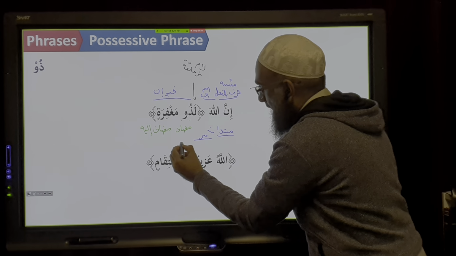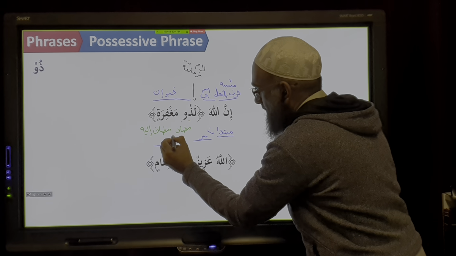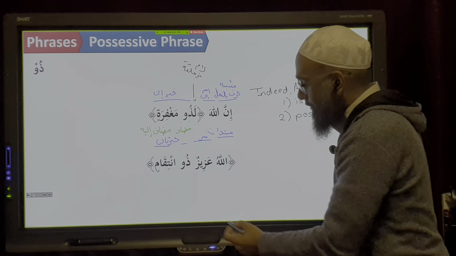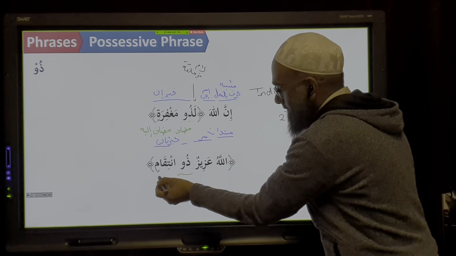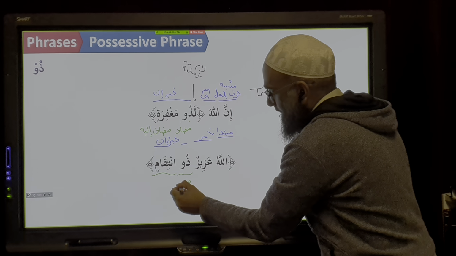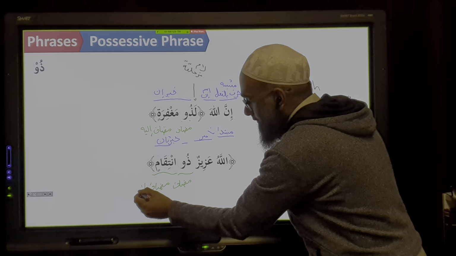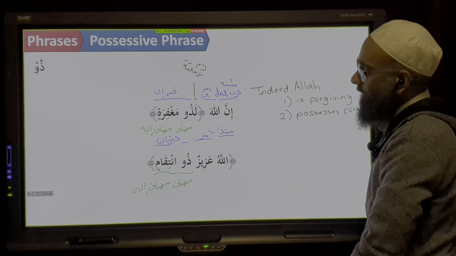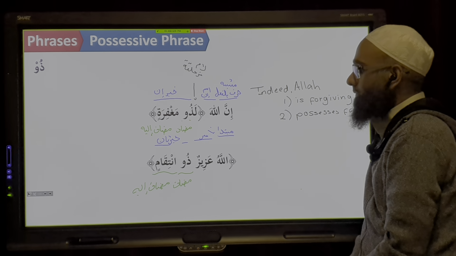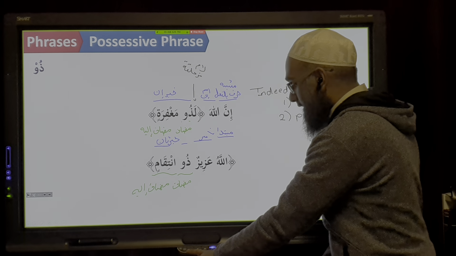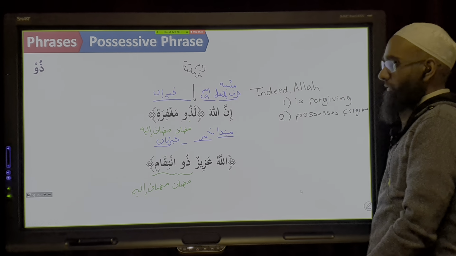Yeah, so khabar, and it becomes what? Khabarun fanin. Okay, and dhuntiqam itself is made up of what? Mudaf, and this becomes mudafun ilay. So Allahu Azizun dhuntiqam. Intiqam, one takes retribution. So what we say here,